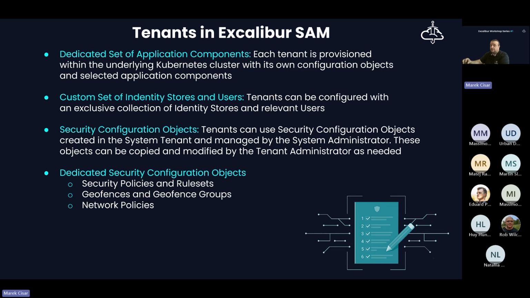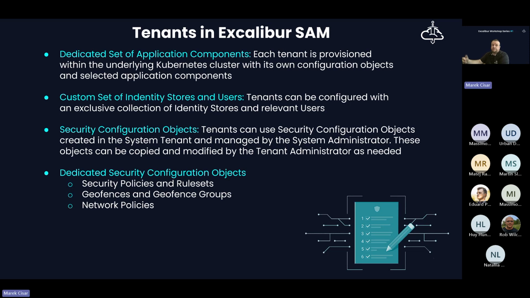So the system administrator can prepare such configuration objects for the tenant administrator, and the tenant administrator can then use these objects in his configurations. Security objects created in the system tenant can be used by tenants themselves, but they cannot be modified by tenant administrators, only by a system administrator.